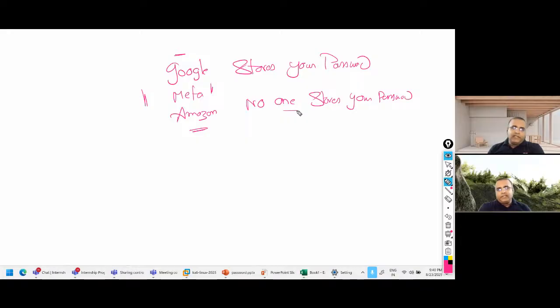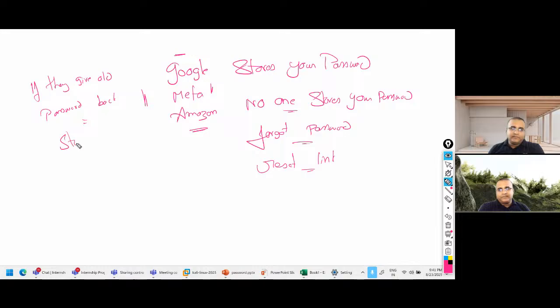That is the reason when you click forgot password, they will send a reset link, but they will not give you your old password back. If they give the old password back, it means they are storing it in plain text.